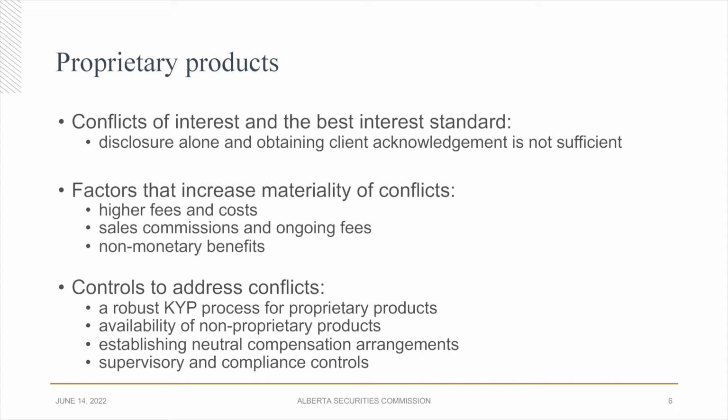A 4th technique is to use robust supervisory and compliance controls. For example, overseeing and analyzing trading patterns to identify if certain registered individuals are recommending proprietary products more frequently. Compliance staff can make investor calls to assess the quality of a registered individual's sales and suitability practices. And negative consequences can be implemented, such as reducing commission grid payouts for individuals who receive valid complaints.